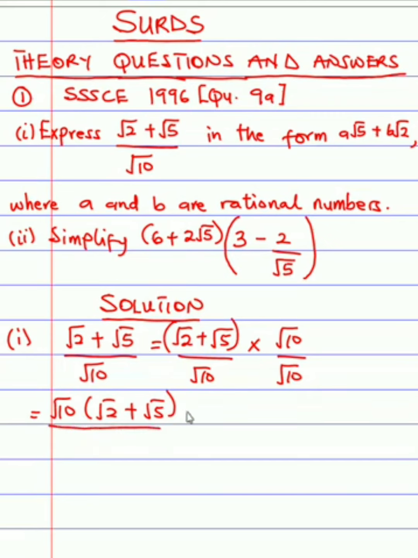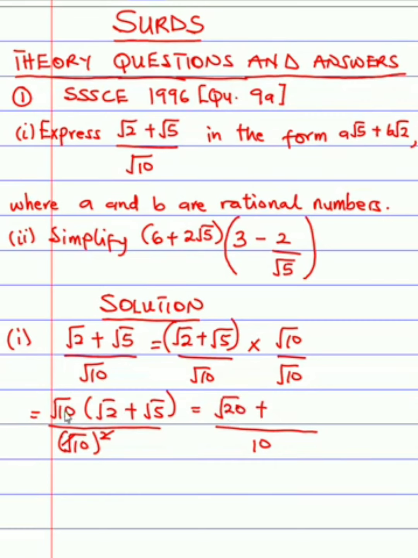all over, now, root 10 times root 10 gives us root 10 squared. It is squared because it is the same as a times a, which gives us a squared. All right, so we have root 10 multiplying root 10, which gives us root 10 all squared. Now this square is going to cancel the square root, so we'll be left with 10 as the denominator. Now, root 10 times root 2 gives us root 20